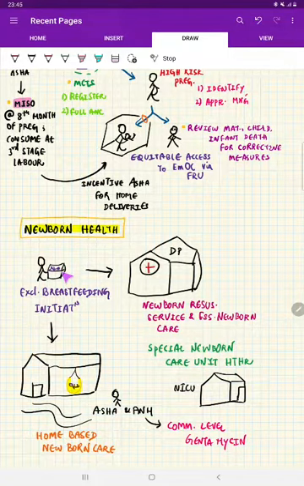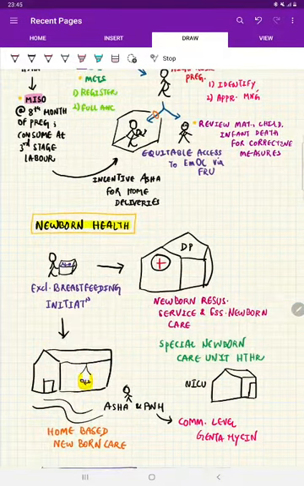As soon as the baby is born, we know breastfeeding is very, very important. So breastfeeding should be initiated and exclusive breastfeeding should be done. This is number one. Number two, there should be newborn resuscitation service and essential newborn care at the delivery point. Next, there should be a special newborn care unit, a NICU, at the delivery point level. Next is in home. Now the baby is taken home, right?